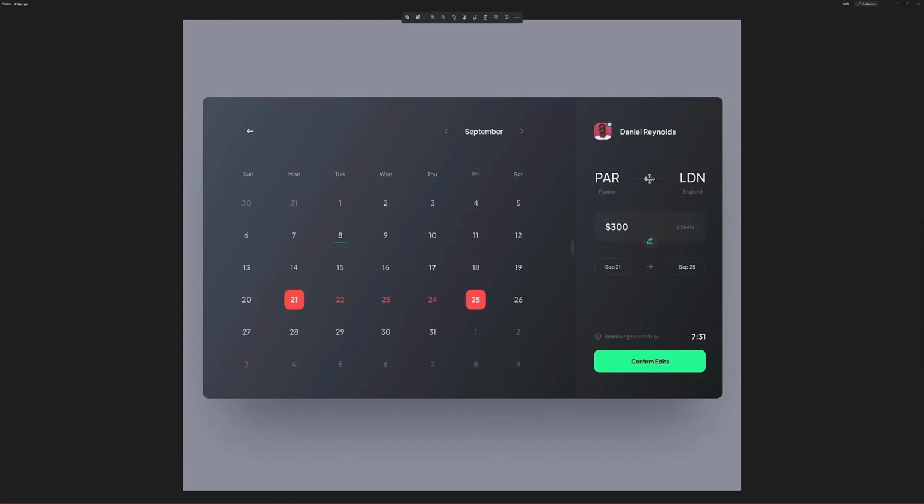So in this tutorial, I want to design this calendar design that you see on your screen now. We will use HTML and CSS to build the design, but we'll not just use plain CSS. We will use SCSS now. SCSS or SASS, whichever you want to call it.